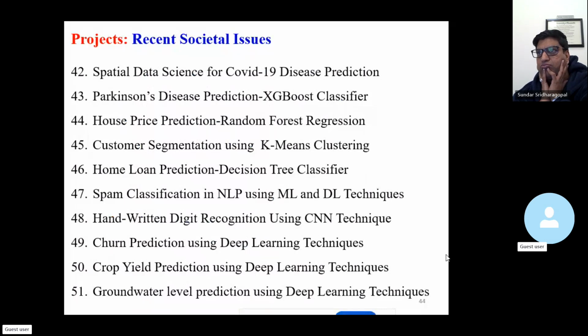Then house price prediction, random forest regression, customer segmentation using k-means clustering, home loan prediction decision tree classifier, spam classification in NLP using machine learning and deep learning techniques, handwritten digit recognition using CNN technique, churn prediction using deep learning techniques, crop yield prediction using deep learning techniques, groundwater level prediction using deep learning techniques, and color tracking using OpenCV,